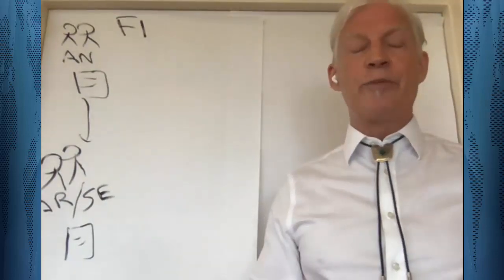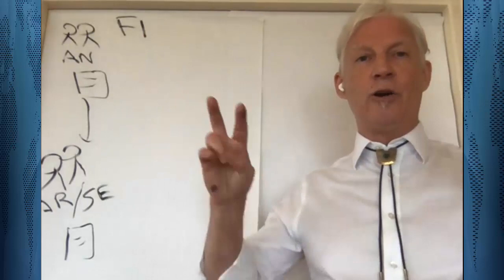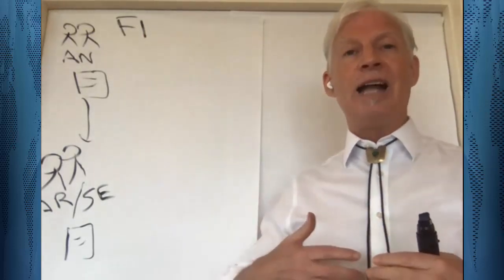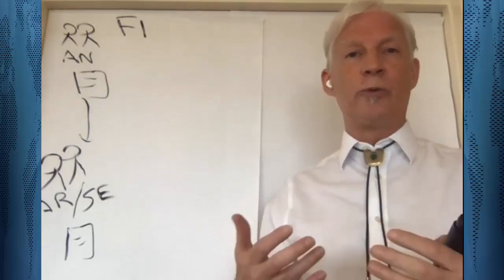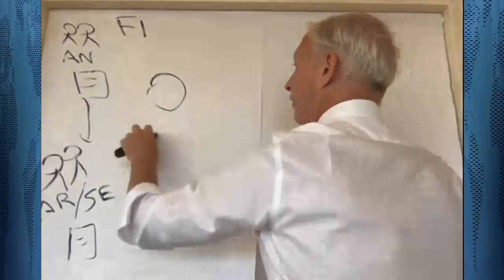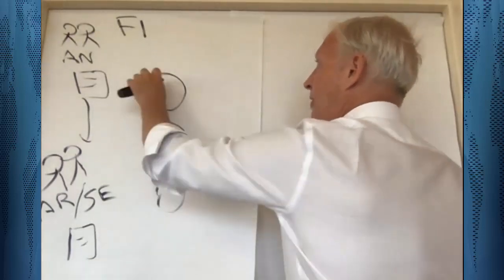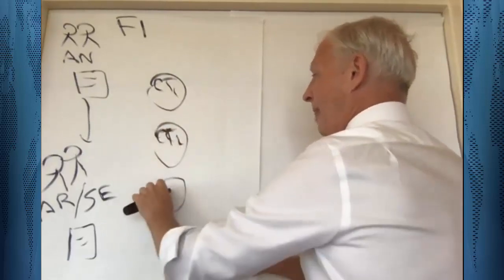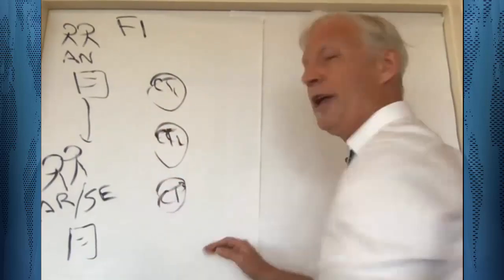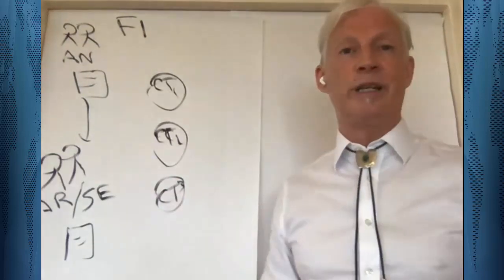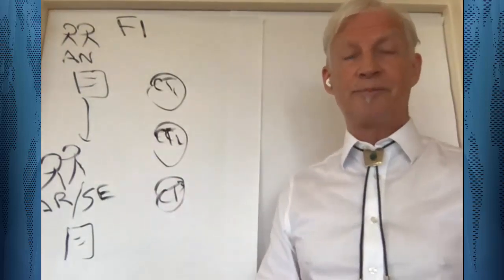Let's move on to the next step. So now we've identified what's wanted in some way. We've identified what components are involved, and it's getting close to time to do the real work of creating code. Let me draw some circles that represent three component teams: component team 1, component team 2, and component team 3, that are the teams of programmers that are going to be involved in implementing their parts for F1.